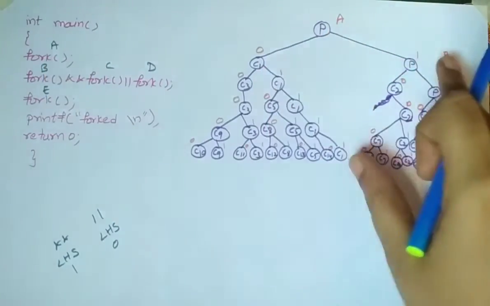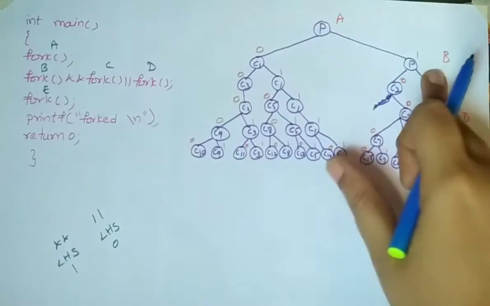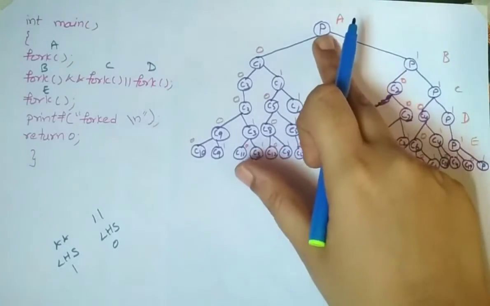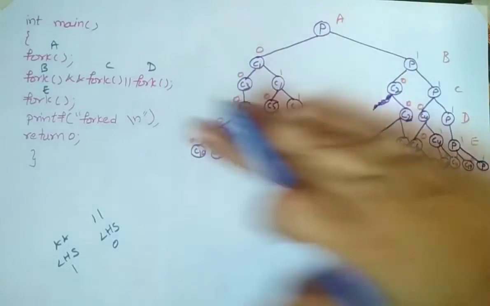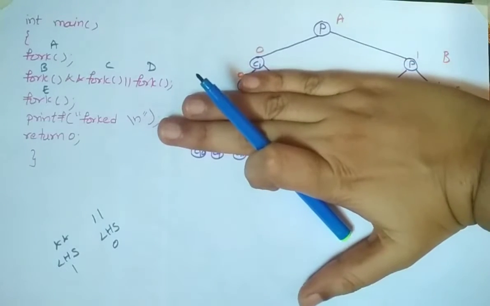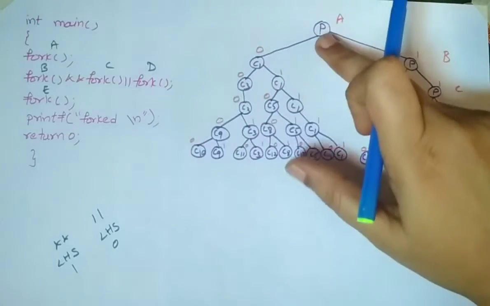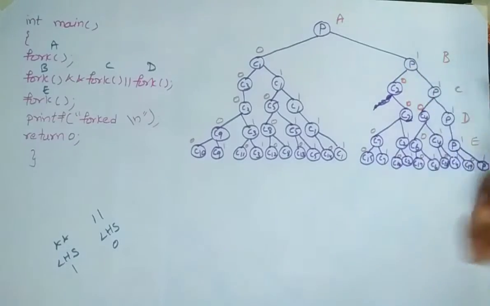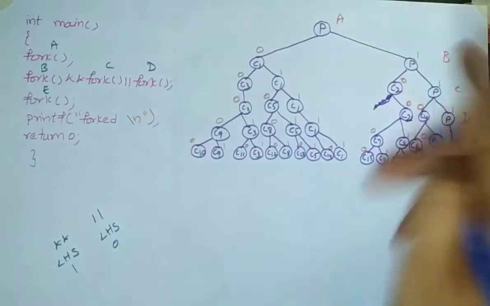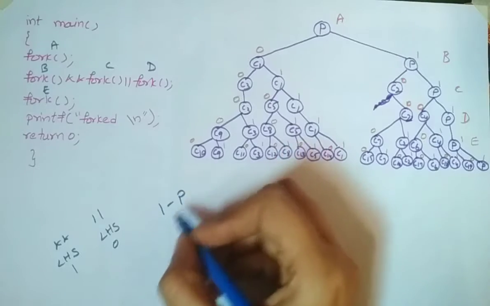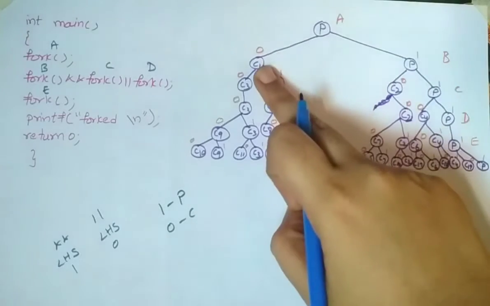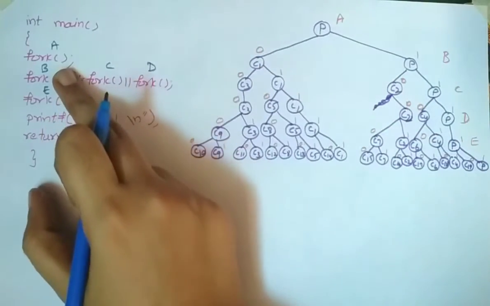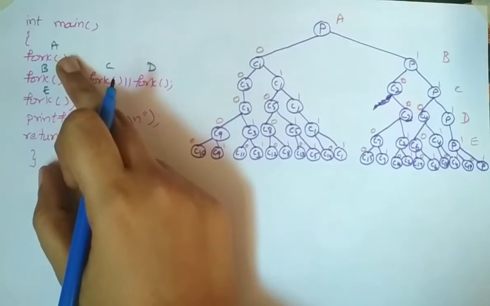Then it will give two processes. The parent process itself we are going to take here, and then it is creating a new child process, that is C1. For the first fork operation, the parent is generating a child process C1, and we are going to write the parent process itself, that is P. We know that the process ID must be 1 for the parent and 0 for the child. That's why we are writing 1 for the parent and 0 for the child. So now we have solved the first fork operation, fork A.